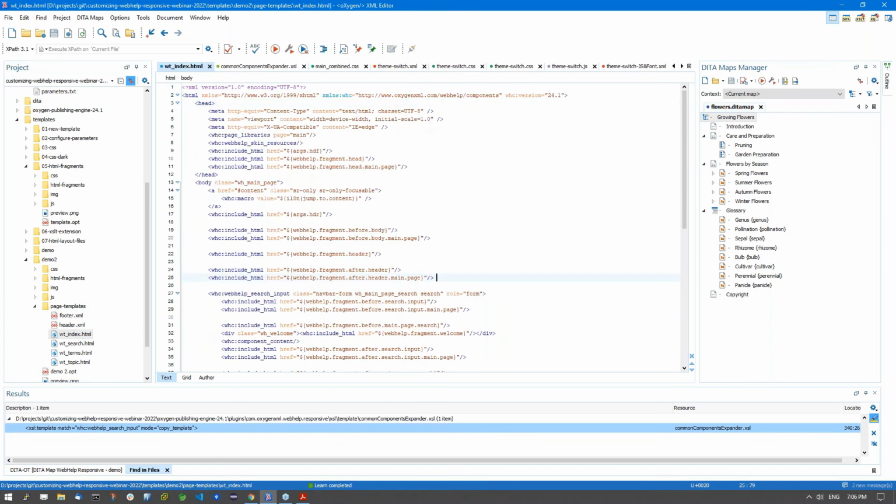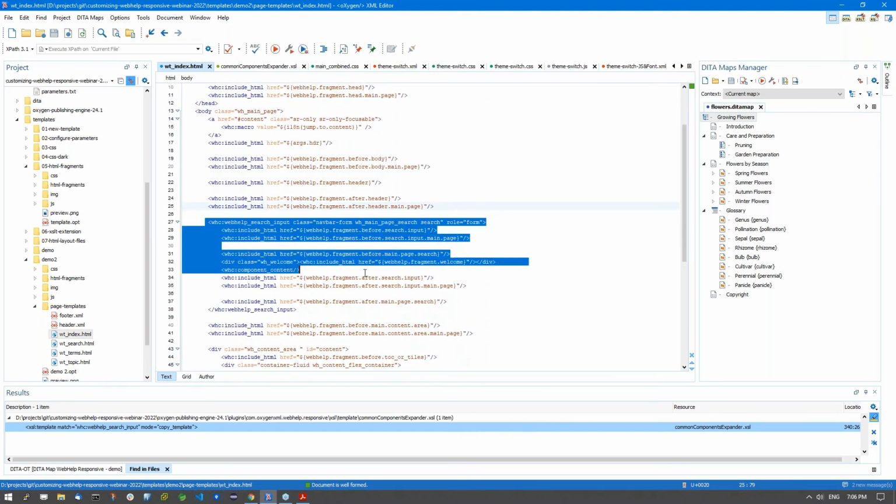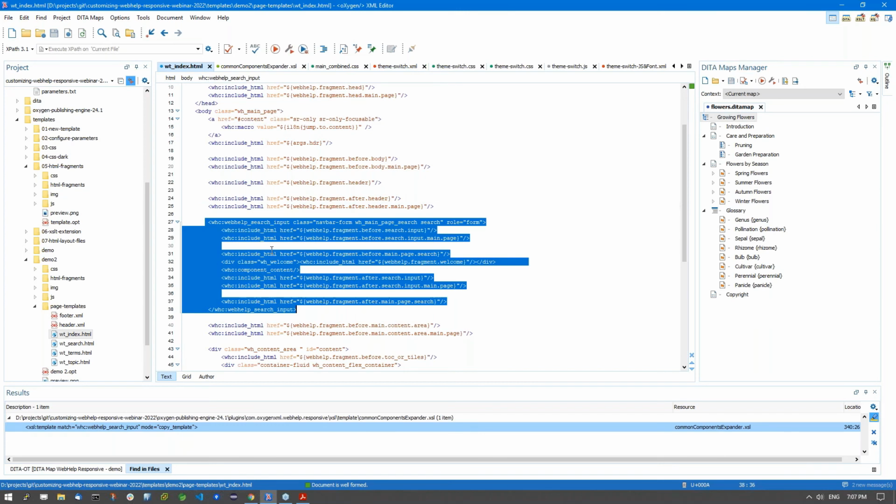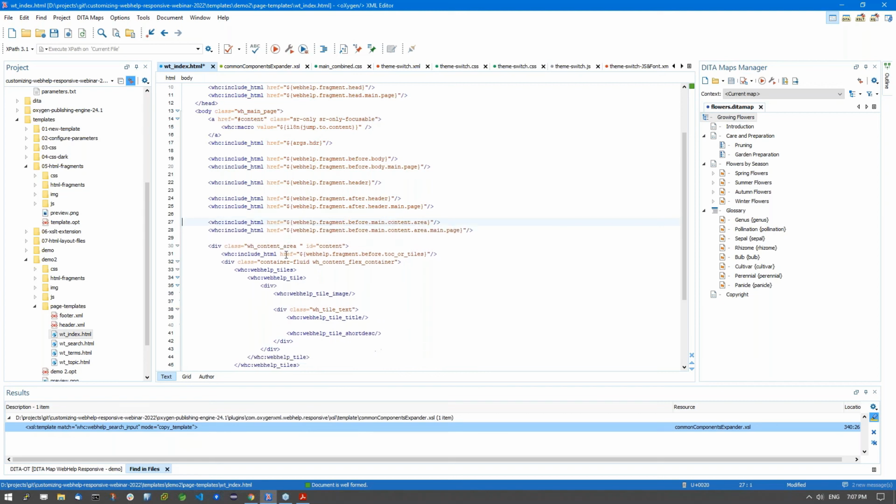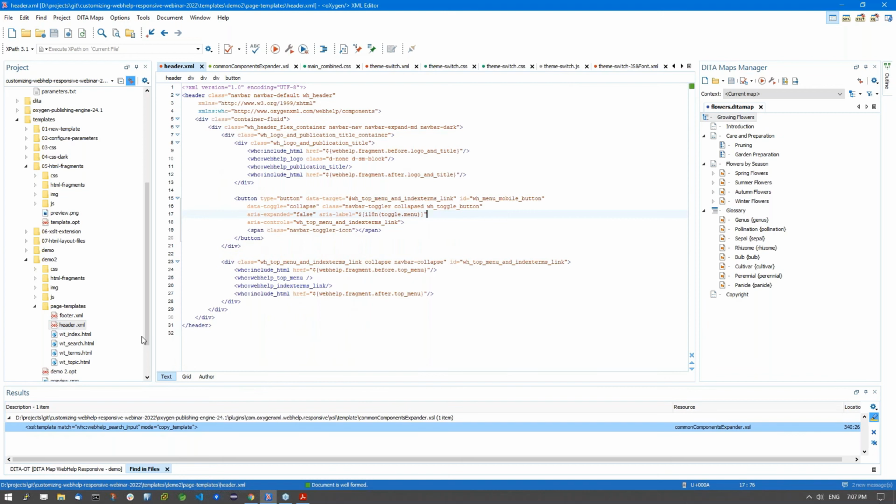Let's do this first for the index file for the main page. Here is the placeholder for the search input. I will remove it from its original location and open the header section that is included in each page, and